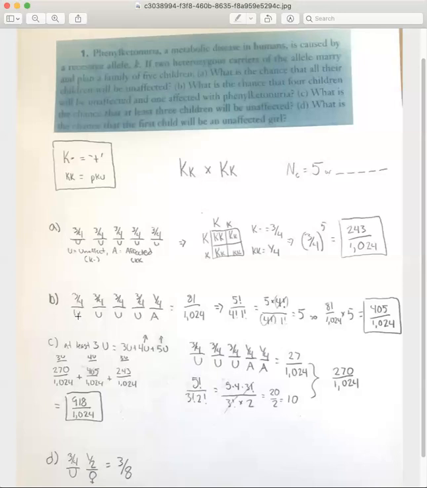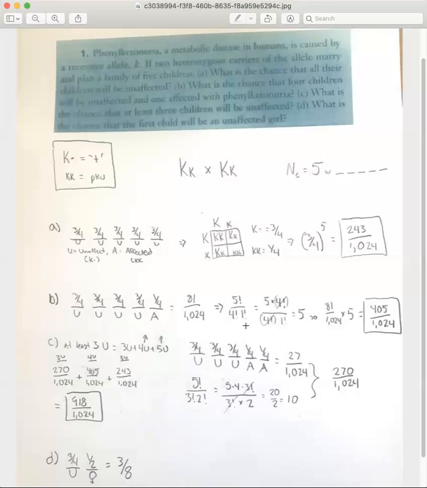And as you can see here, say this is the first child over here, this is the youngest child over here. You could have the youngest child being affected. You could have the second to the youngest child being affected, et cetera, et cetera. You just have to have one of those. And so you can have a bunch of different combinations.